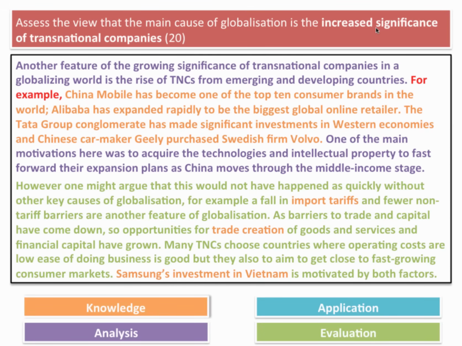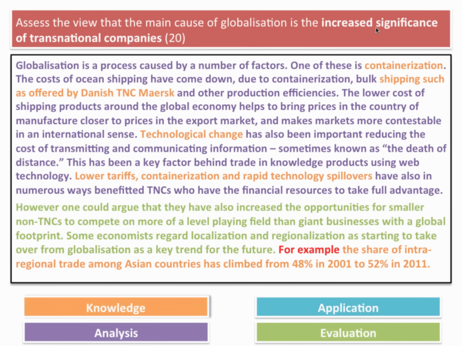But I'm building an answer around analysis first, then evaluation. And again, that will be a 2-paragraph answer. My final section would be to say that globalization is not just caused by TNCs, it's caused by other factors, and I'm sure some of these variables are things that your teachers will have emphasized to you. So there's barely an economics teacher on the planet who doesn't mention containerisation, the process by which the cost of shipping goods and services and getting products to market has come down over time, the so-called death of distance argument.